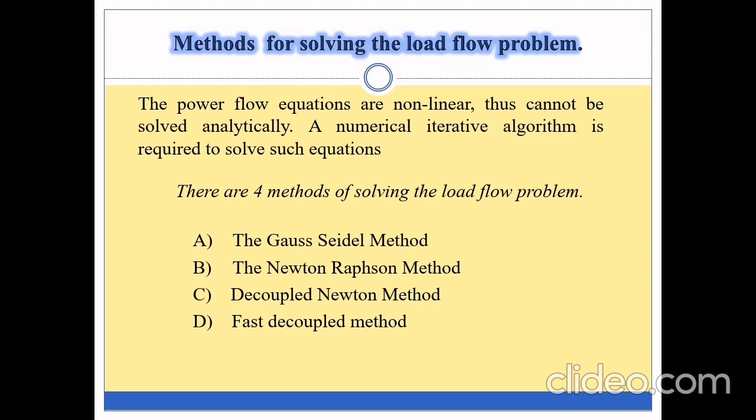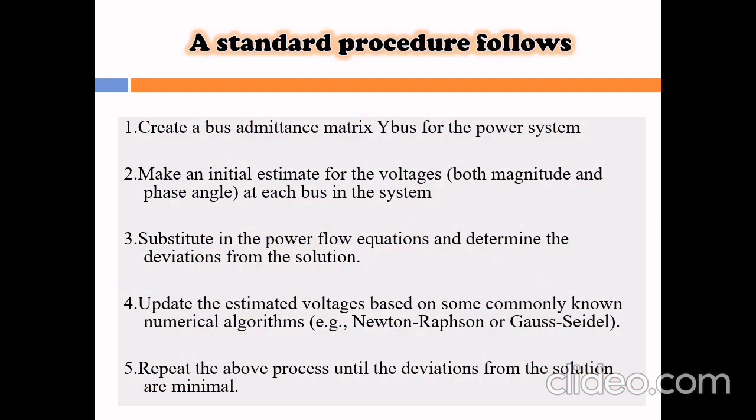So basically we will be using Gauss-Seidel and Newton-Raphson methods in general. And if the systems are very big, to improve the speed of convergence, we go in for decoupled and fast decoupled methods. These are the four methods, out of which we will be using mostly the first two methods for many of the systems to obtain a load flow. Okay.